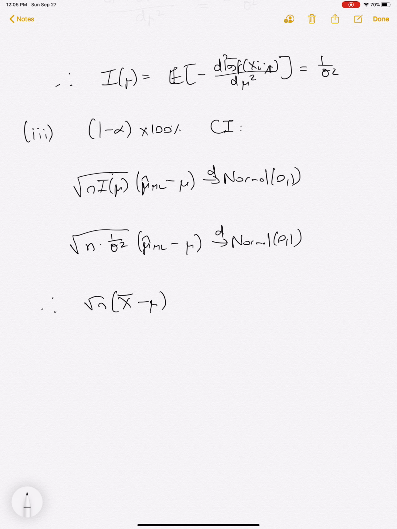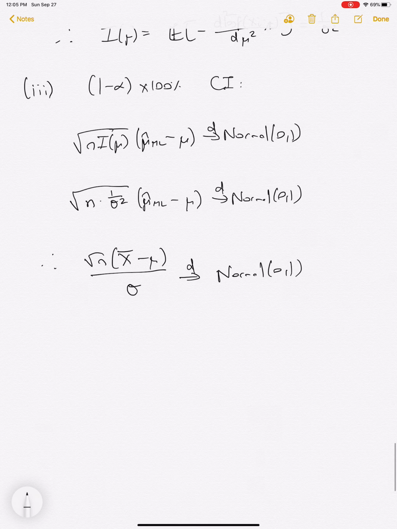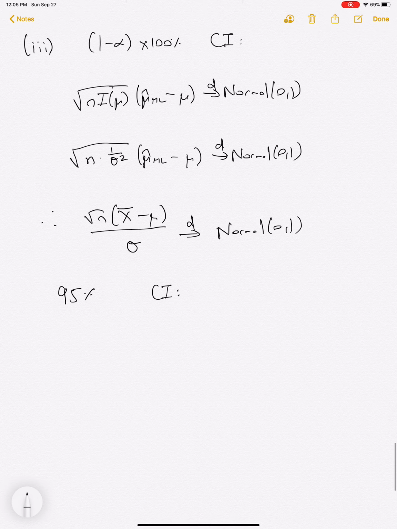Because mu hat ML is x bar, we just get exactly what we expect here, which is what we already knew, which was the CLT. And in fact, as we know from earlier, this is an exact result. So the 95% confidence intervals that we get are